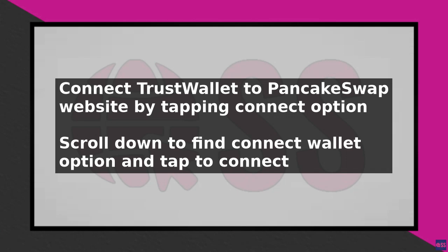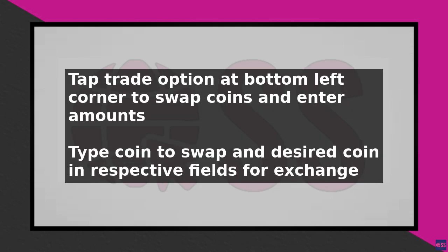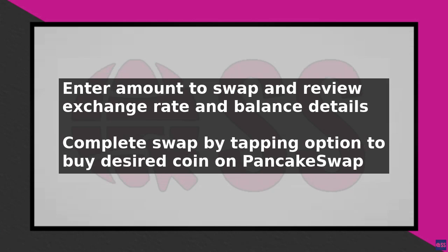For example, if you want to convert USDT to Ethereum, type USDT in the first field and ETH or Ethereum in the second field. Then, enter the amount of USDT you want to swap, let's say 10 or 100. You'll see the amount you'll lose and gain, as well as the current exchange rate, e.g., 1 Ethereum equals a